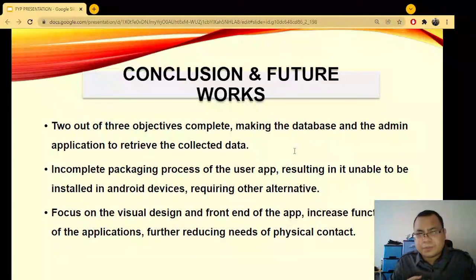As a conclusion, 2 out of 3 objectives were managed to be completed, which are creating the database to store the data and creating the admin app to receive the collected data and display it systematically.